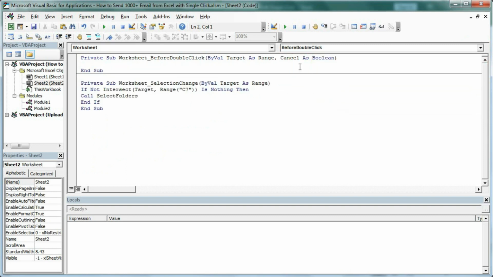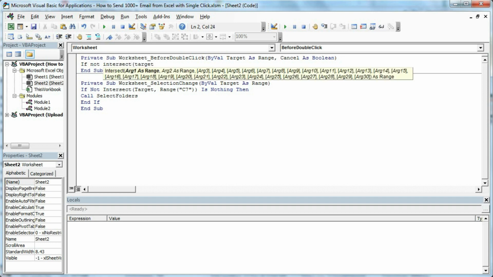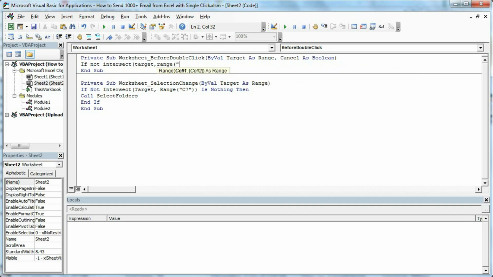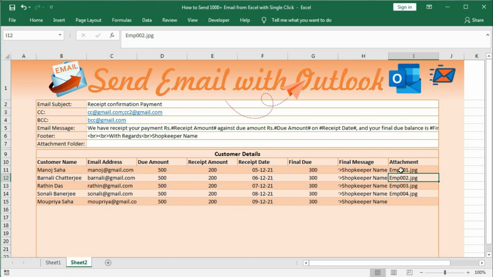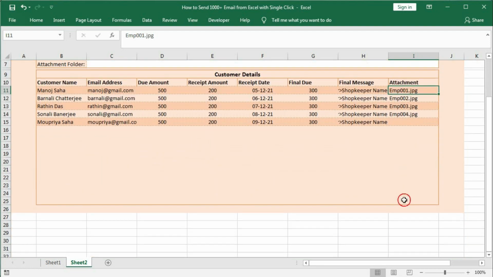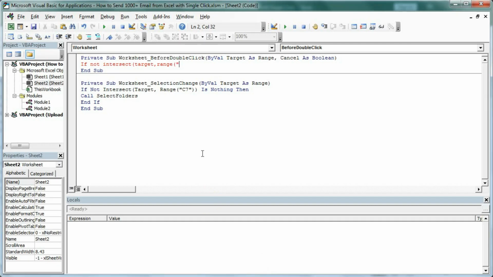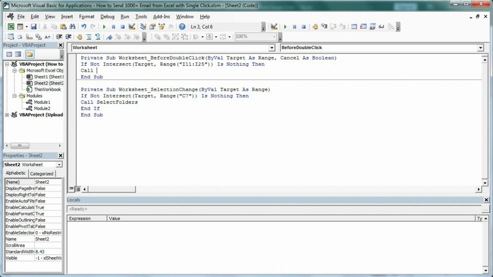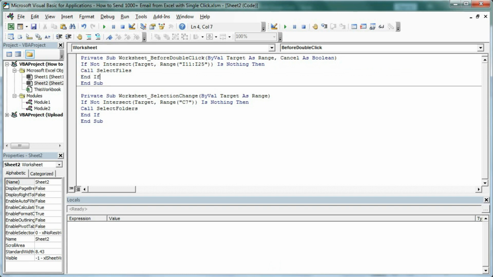So go to the sheet and here we'll select BeforeDoubleClick, and here we have to put another code. So type here If Not Intersect(Target, Range("I11:I25")) Is Nothing, then Call SelectFiles, End If.